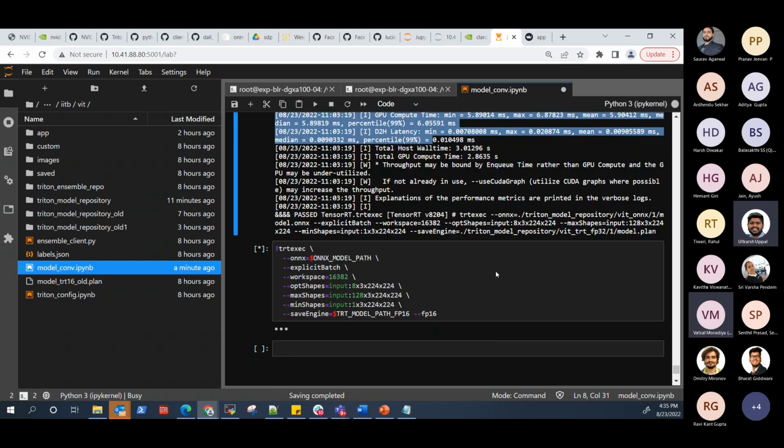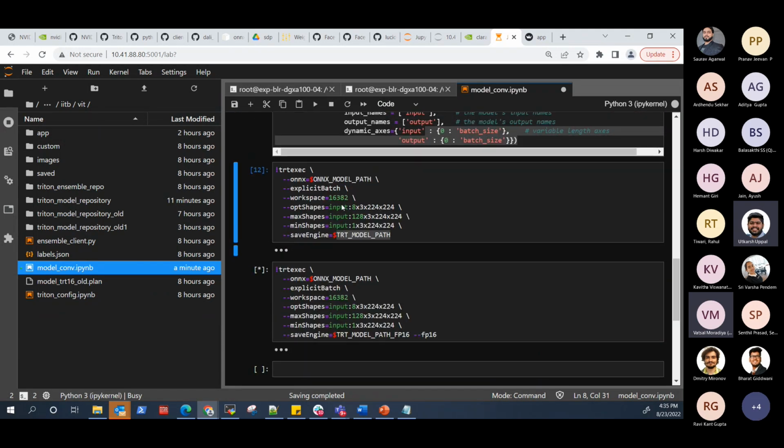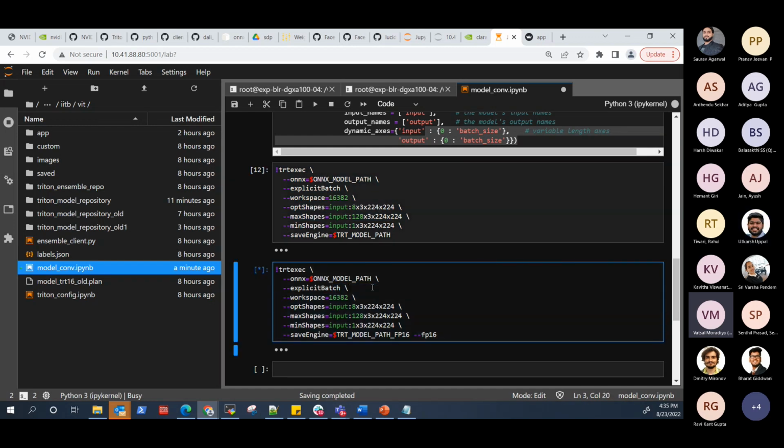But again, the gist of the matter is that we have converted our PyTorch model to a TensorRT FP32 model. And our FP16 conversion is still going on. So in the meantime, while the conversion is going on,